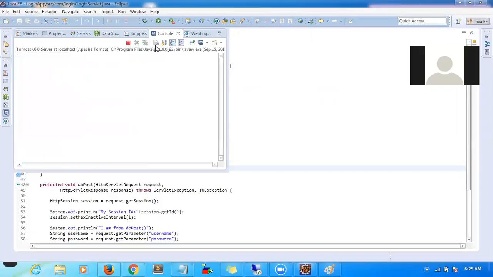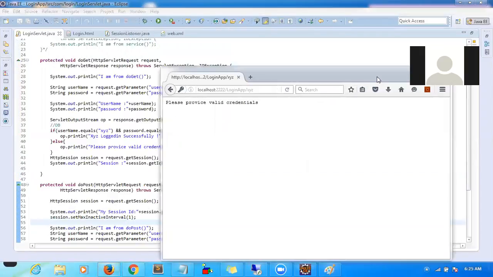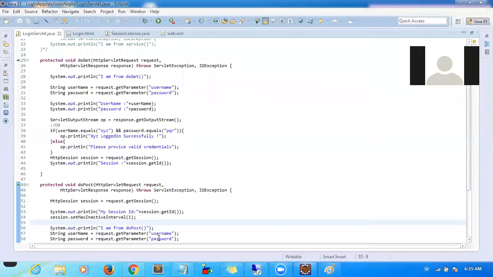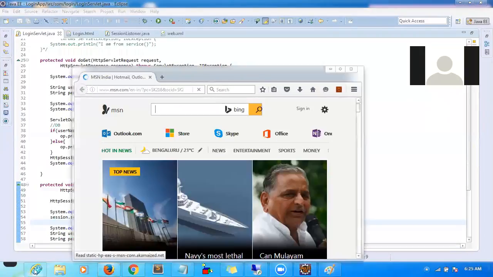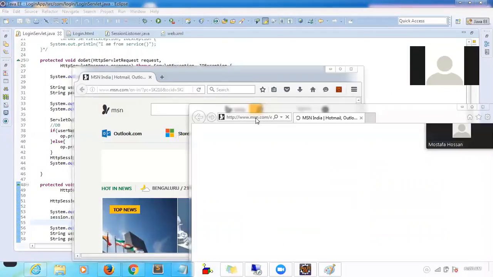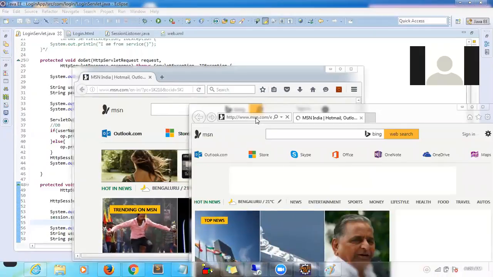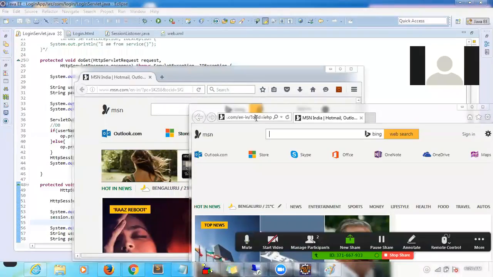Now what I will do, I will try to log in from 3 browsers, basically from 3 different clients, so that we can see a count of 3, and within a minute that count will become 0. Because I had given the lifetime of the session as 1 minute, correct? Yeah. So first let me log in from IE, one user.